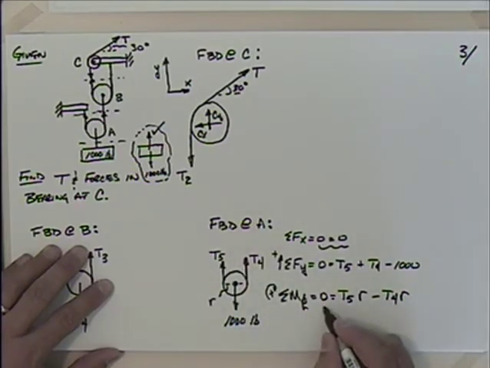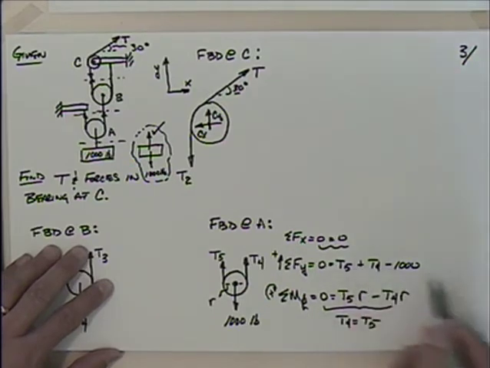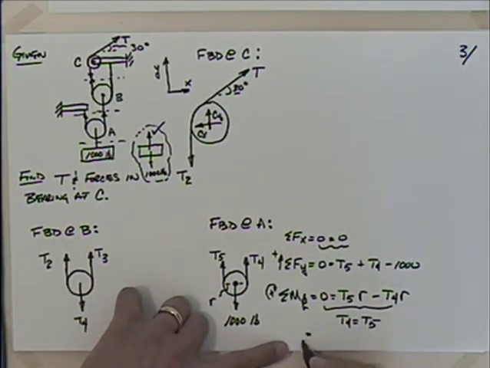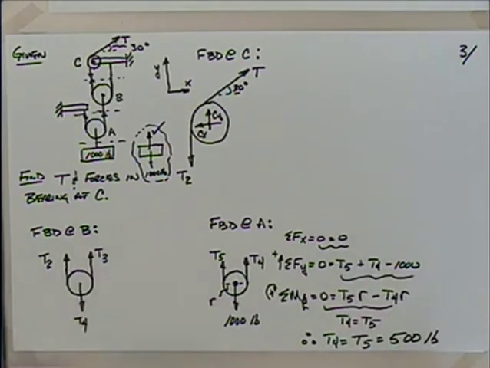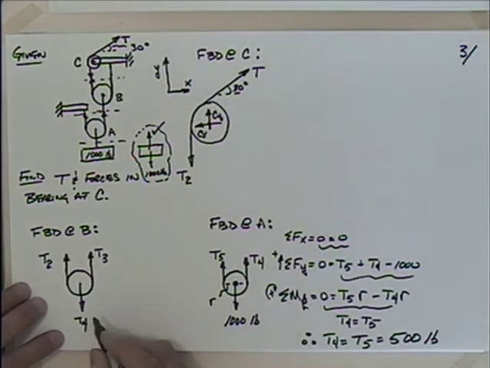Well, if I go to solve this equation here, I can say then that T4 is equal to T5. If you recognize that T4 is equal to T5, they would then have to be 500 pounds, wouldn't they? They have to be 500 pounds because they need to satisfy that equation. So now we have the little piece that we needed here. We can go back to this one. This becomes then 500, doesn't it? We substitute that back in,